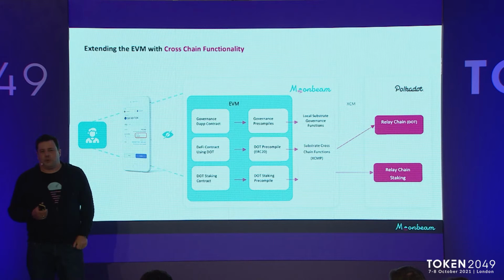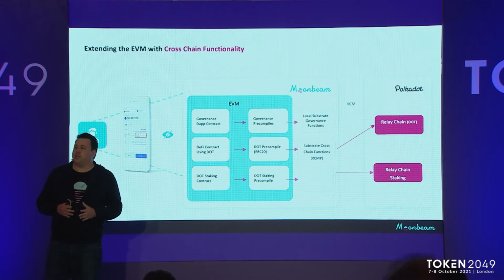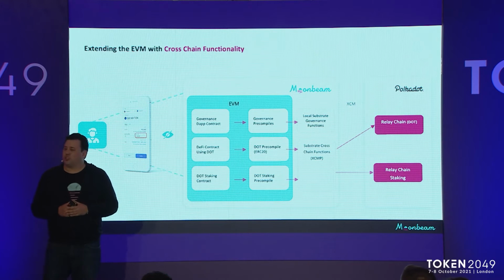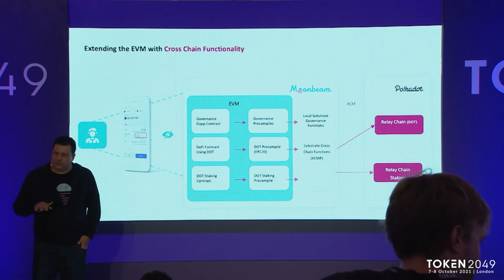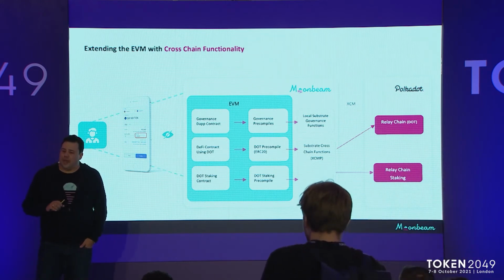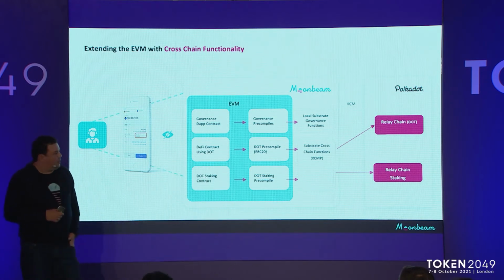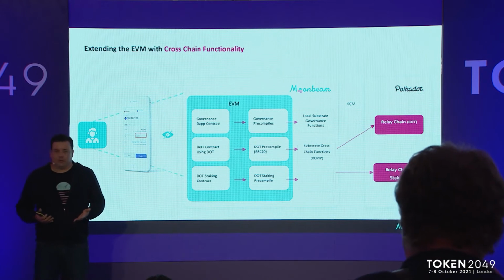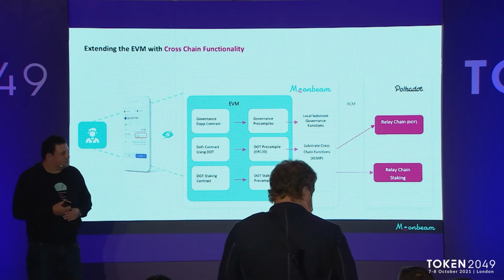By being a parachain on Polkadot, it goes back to the idea from the beginning of the talk. When you're a parachain on Polkadot, you can communicate with other chains that are also on Polkadot in this native and highly secure way. And I think this ability to communicate between chains that's built into Polkadot is a very powerful aspect of the system that many people don't really appreciate now because it's just coming to life now. And you can see it already, right? I think you're pretty hard pressed these days to say that we're not heading into a multi-chain world, right? There's significant value and user adoption that's happened on a number of chains outside of Ethereum now.